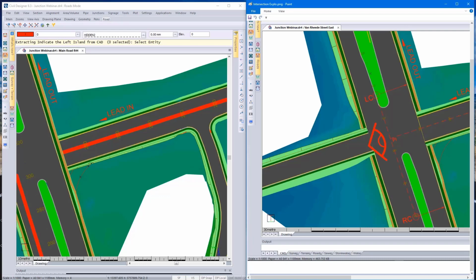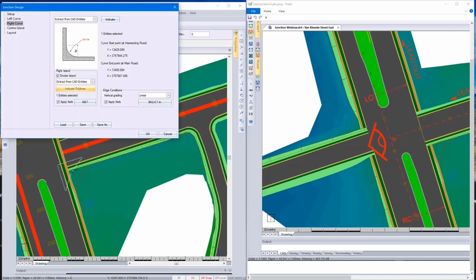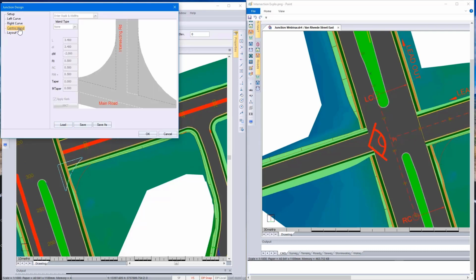Back in Civil Designer, I'm going to go and select the polyline representing my island. Here you can see it's been highlighted. Now, if I didn't specify divider islands, I also have the option of putting in a center island where you go and specify which dimensions to use. Looking at the layout,